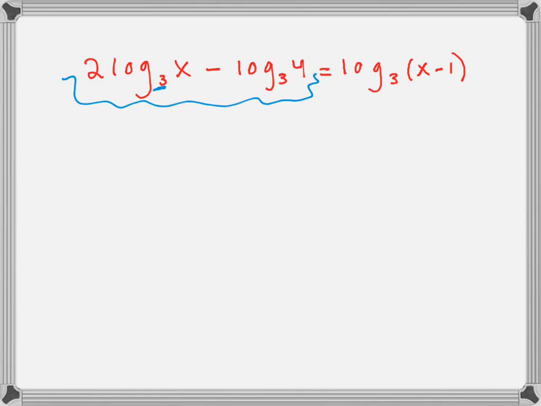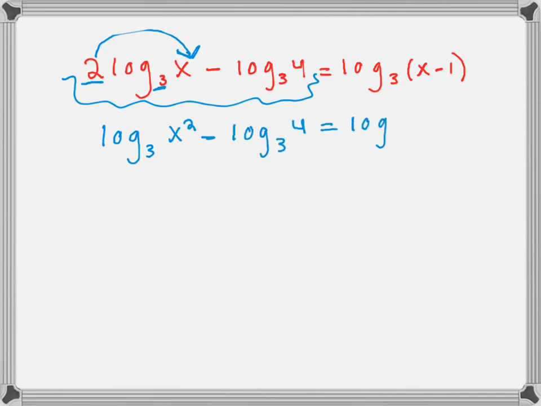So in order to combine, we're going to start out by simplifying each log expression. So the 2 log base 3 of x, we can also make this log base 3 of x squared, right? So we can bring the exponent over here. And then we're going to subtract log base 3 of 4, and that's going to get us log base 3